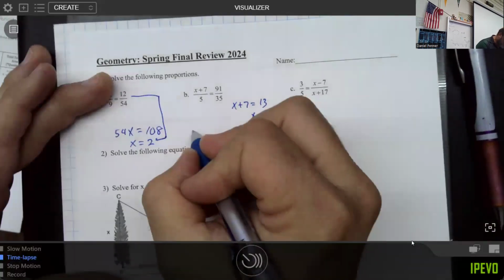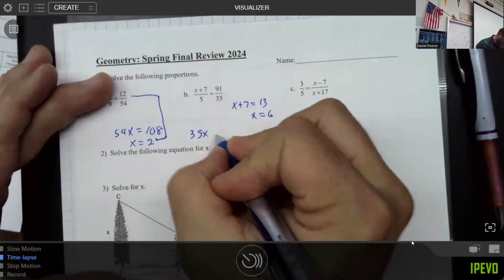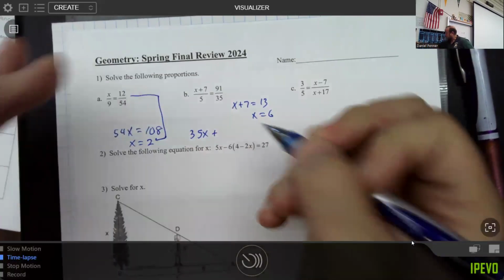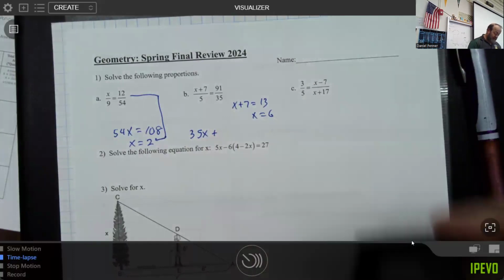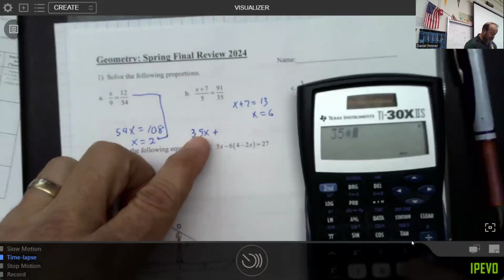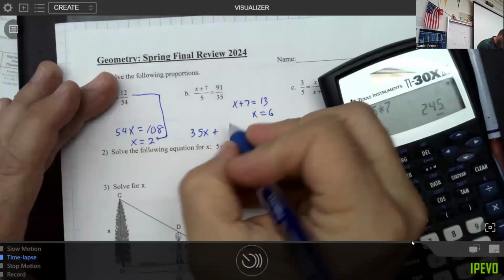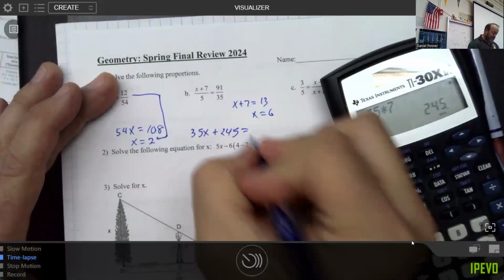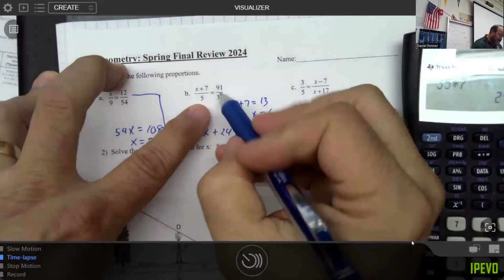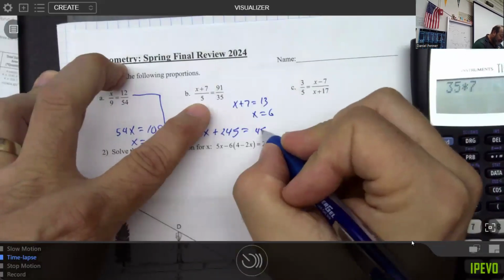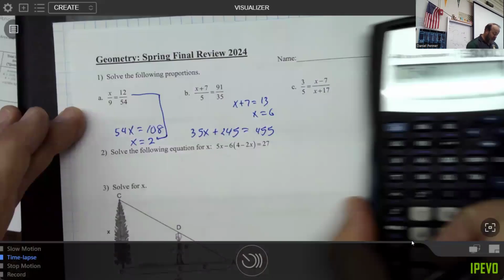We can cross multiply and call it 35x plus. Now, of course, I don't have in my head what 35 times 7 is, so I got to grab a calculator because, well, that's just not something I do that much. 245. I guess I could think it through, but and then 5 times that'd be 45, so 455. And then do a little, let's see,